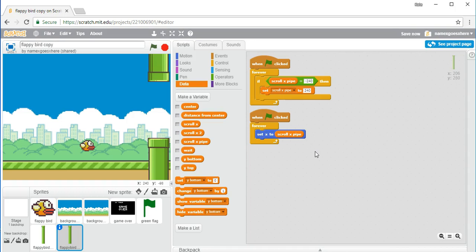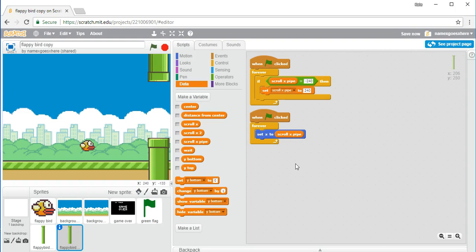So basically what it's going to do is pick a center between -90 and 90. So -90 is right here. And that's going to be the center, because the pipes are so long that it's a little bit different than how you would expect. Because -90 is like at the bottom quarter, and +90 is around here. Yeah, so you want to make sure the pipes are always showing,